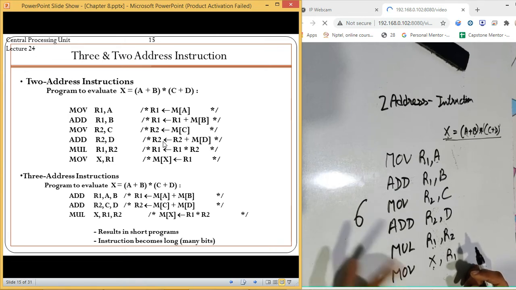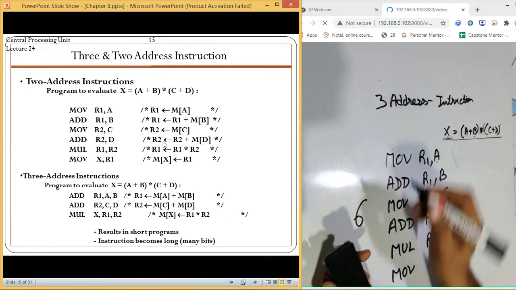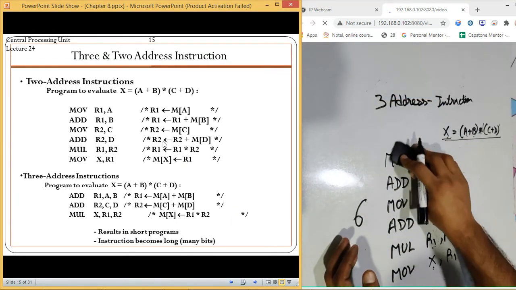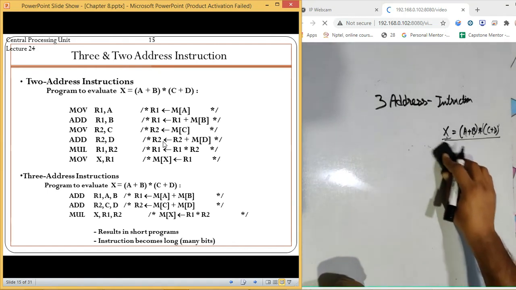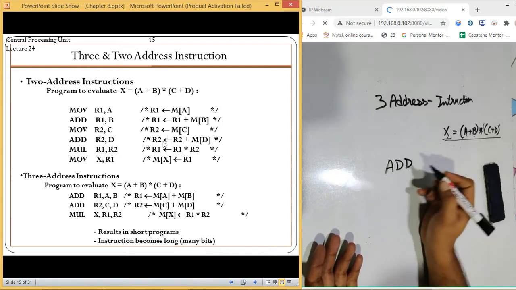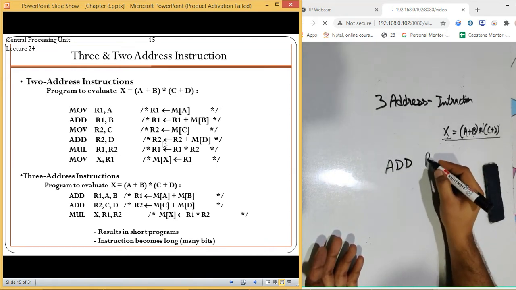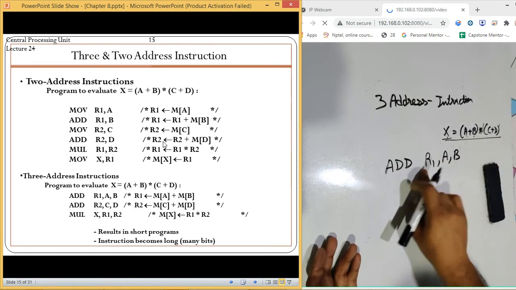After this, the next thing which we have is a three address instruction. Now in the case of three address instruction, we don't need to perform such a heavy task. We can simply do it in a very simple format: add the value of A and B and store the content in R1.